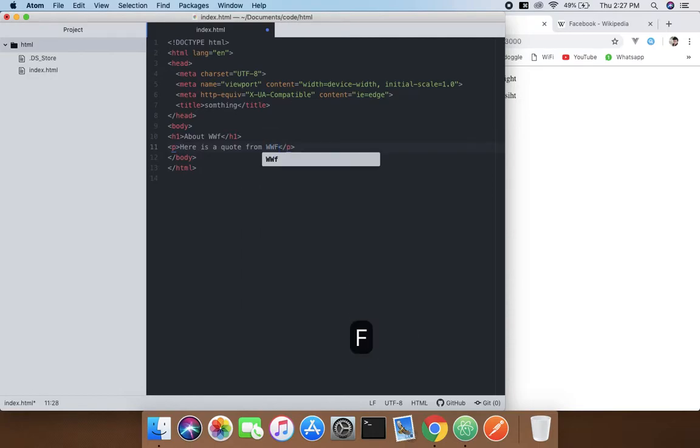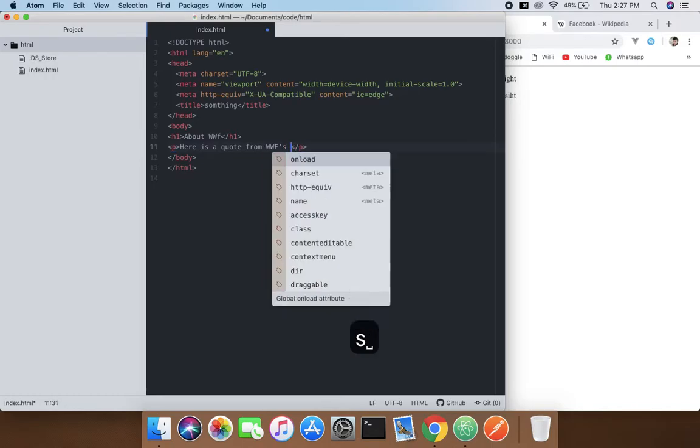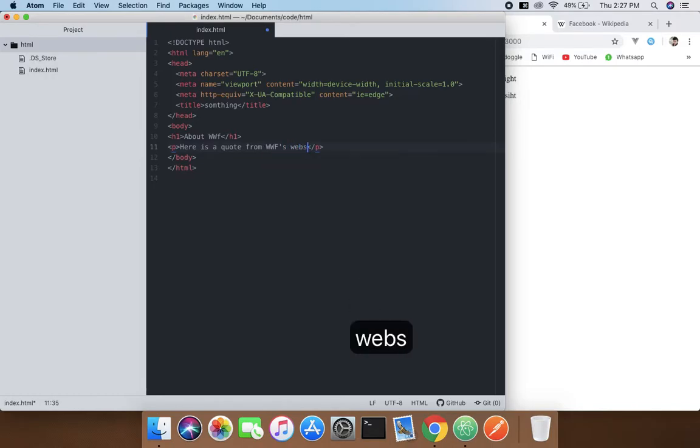WWF's something like website. Yeah, website. When you do that, after that, what you need to do is write the blockquote. In the site, you need to specify a website, like here www dot world